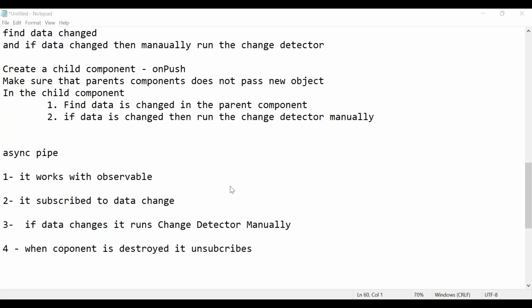Anyone? Should I move further? Yes. Okay. So if async pipe is clear to you,